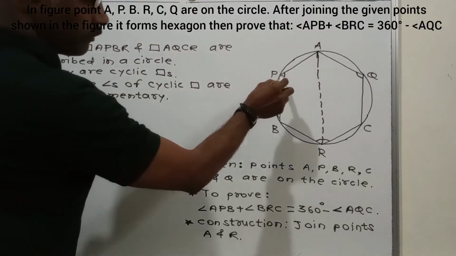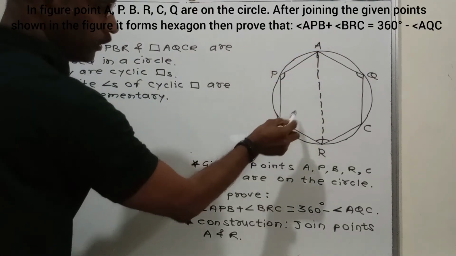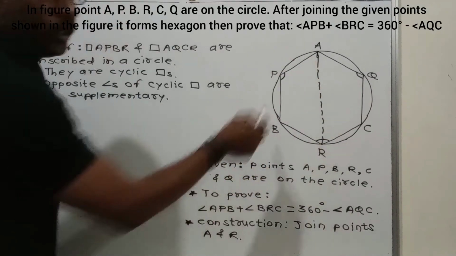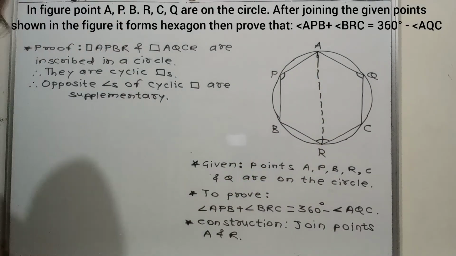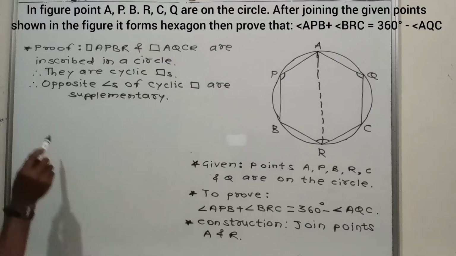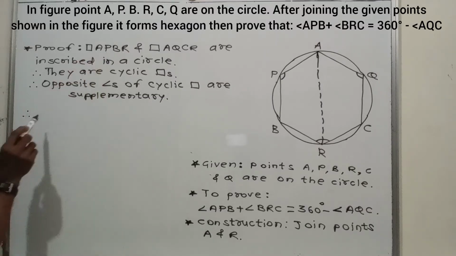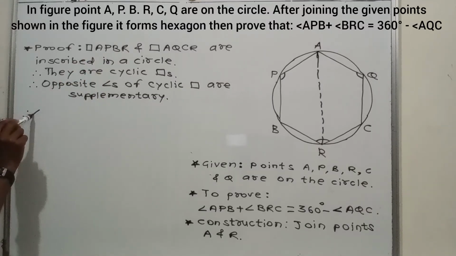Opposite angles are supplementary, means angle APB and this angle BRA. Opposite angles are supplementary. So we write here, therefore, in both these cyclic quadrilaterals, we write angle